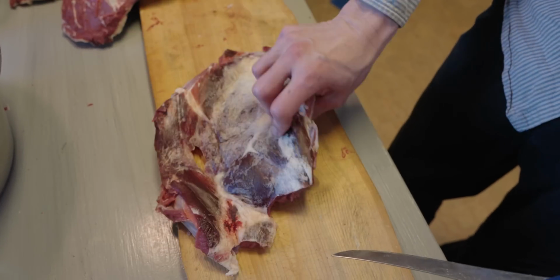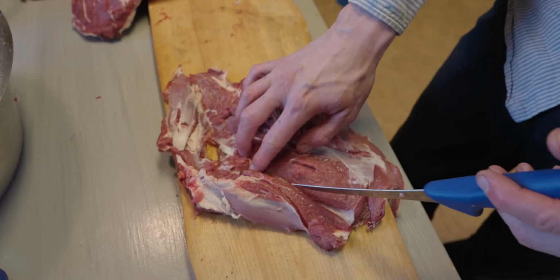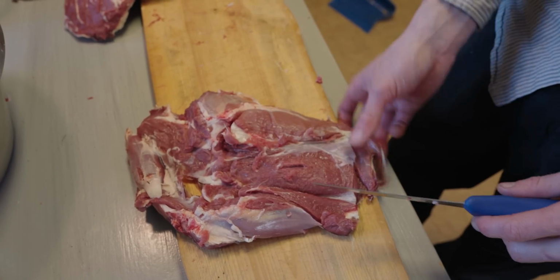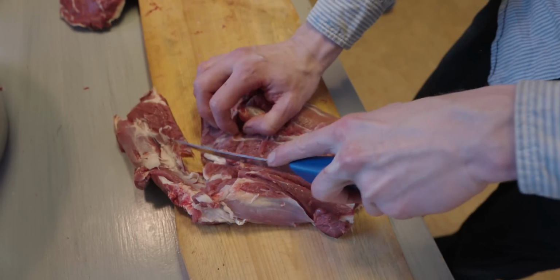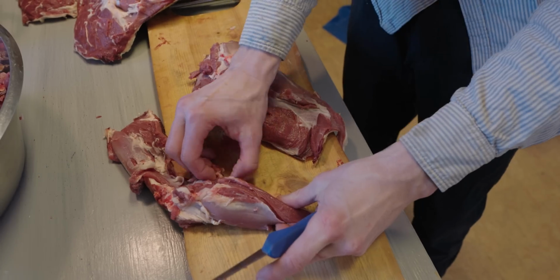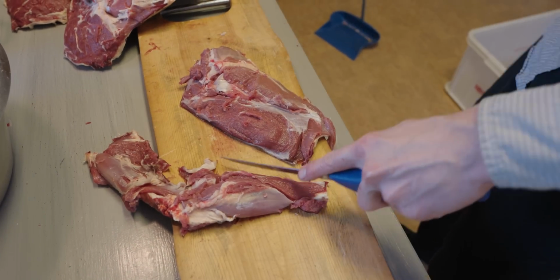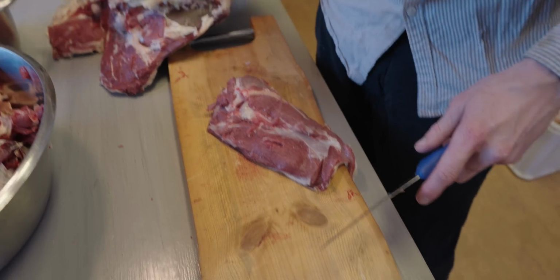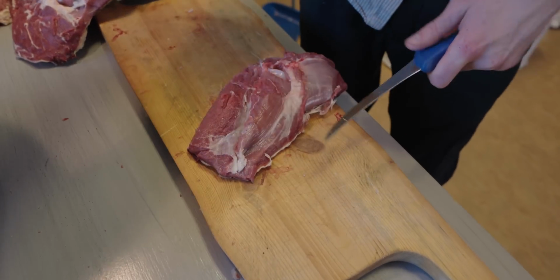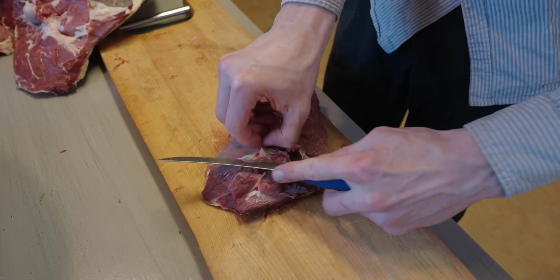So the hardest part when learning to butcher, after you have done something like removing bones and everything, is to recognize what is what. But here is the part that I want to save. So I just cut like this and then like this. And here is the bone piece, the small piece of bone. So throw it away. And this is just minced meat. And this is the piece that I want as a whole piece. Just clean out a little bit of the